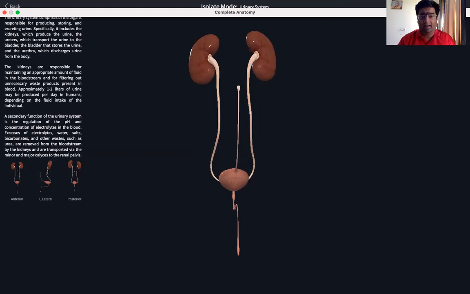So I repeat again that the ureters open in an oblique fashion in the urinary bladder in order to prevent the backflow of urine when the urinary bladder constricts or contracts for the expulsion of urine at the time of micturition. Micturition is basically the process of expulsion of urine from the urinary bladder out of the body via the urethra.